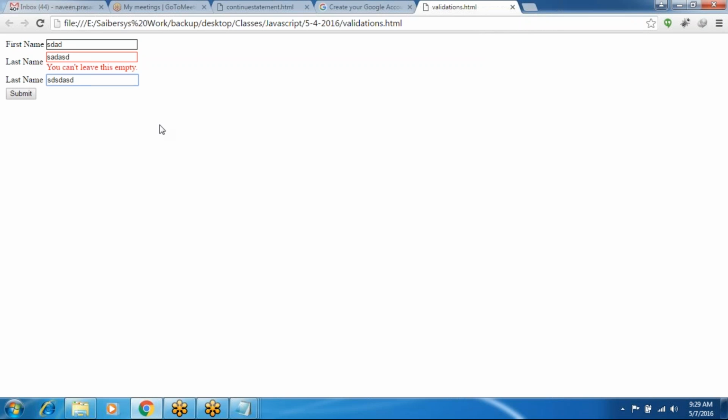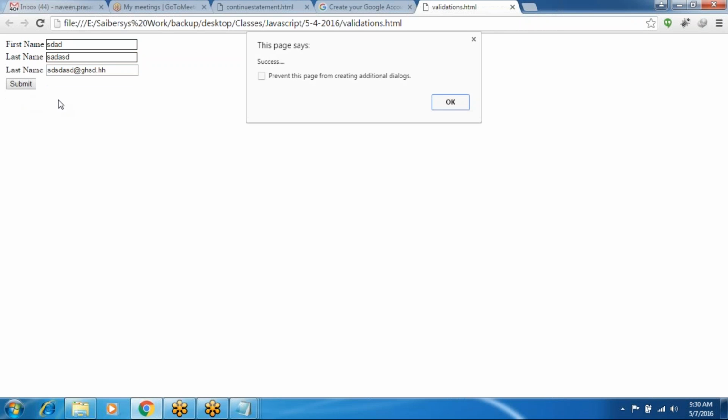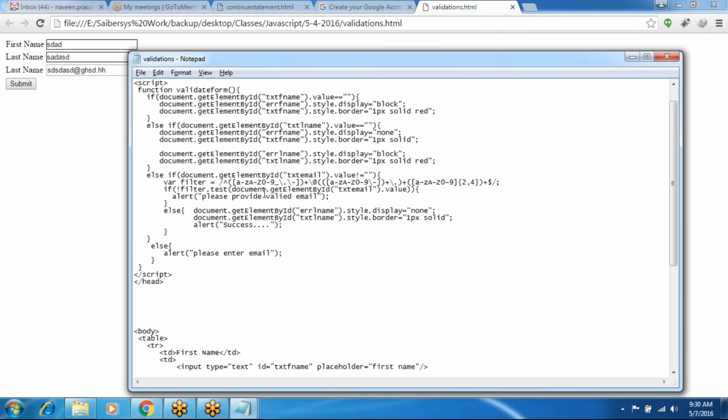So you must enter @ and a domain name, .com or .in or anything. Okay, success. So these expressions are written like this. You have to write like this in real time also. Any expression you can find in Google.